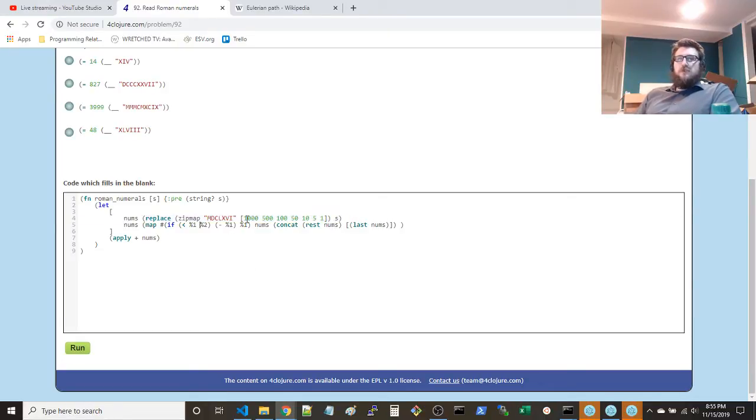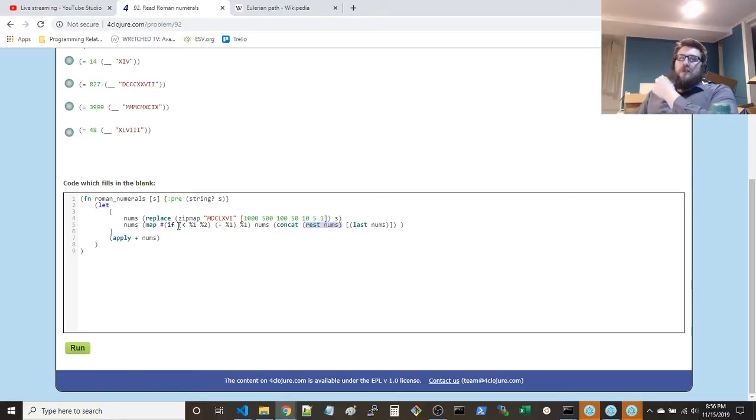And so now you've got a sequence of numbers instead of numerals. And then you perform this operation that I described. What you do is you take another map, and you take as input the numbers and then the rest of the numbers as two different sequences, where the rest of the numbers just removes the first number, right? So this is the first set of numbers, and then the set of numbers shifted over to the right, or shifted over to the left. Yeah, you can say however you want to think about it. Shifted over such that you're not looking at the first element anymore. You're looking at the second in the front.